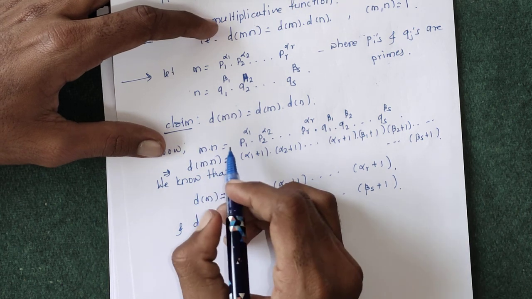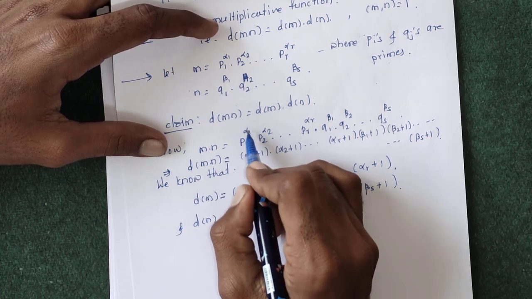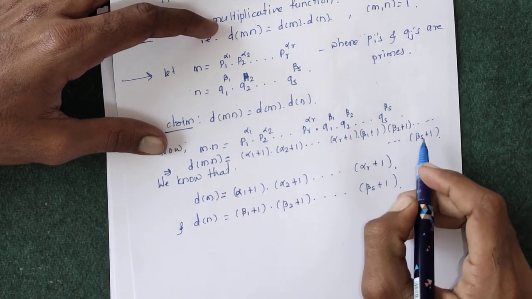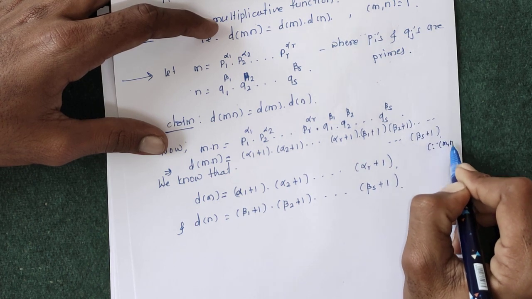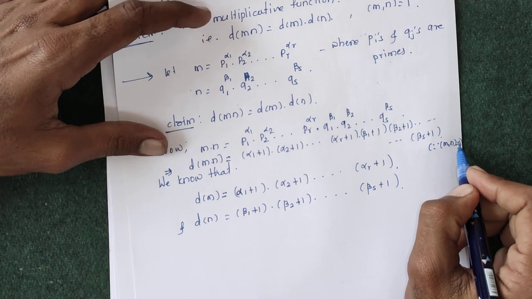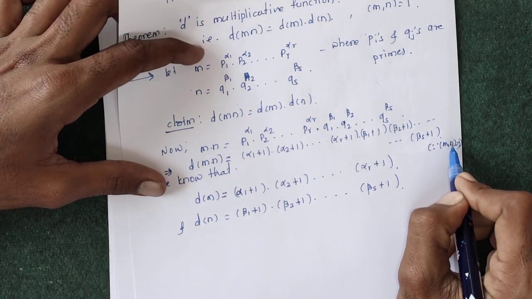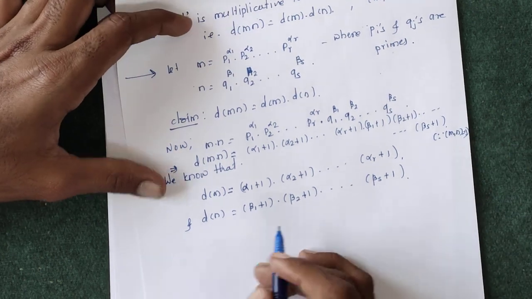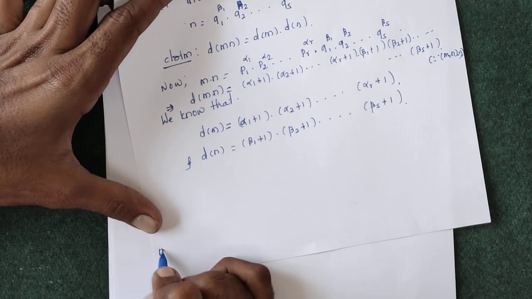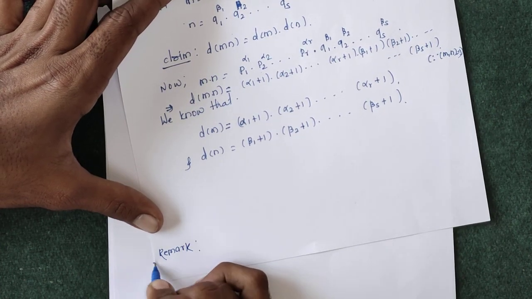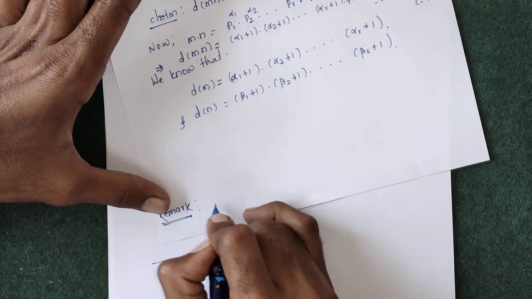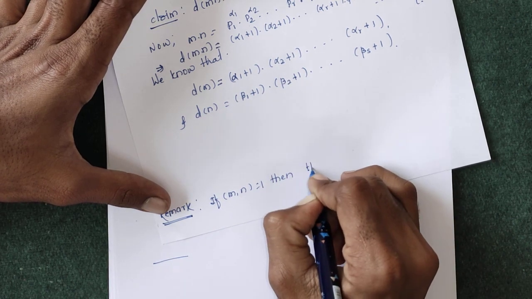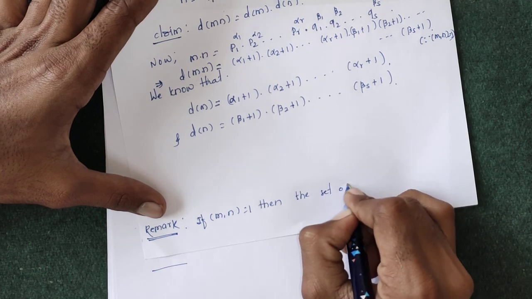Here we can write d of mn as the product of alpha 1 plus 1, alpha 2 plus 1, up to beta s plus 1, because GCD of m and n is equal to 1, as given. If GCD of m and n is equal to 1, we can write m into n as follows. Let me first write one remark before this theorem, so it will make things clear. Remark: if GCD of m and n is equal to 1, then the set of positive divisors